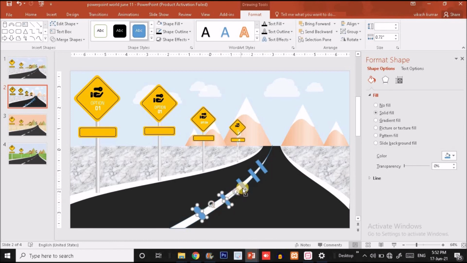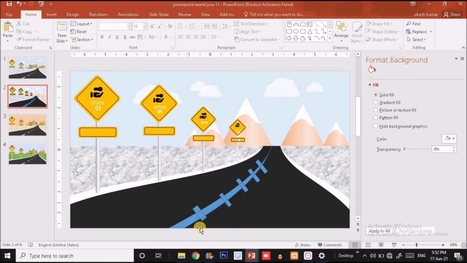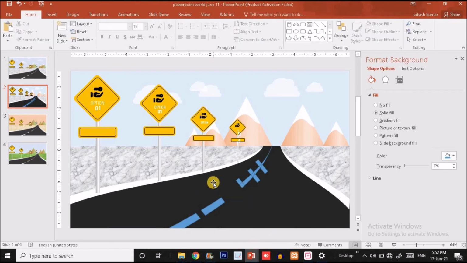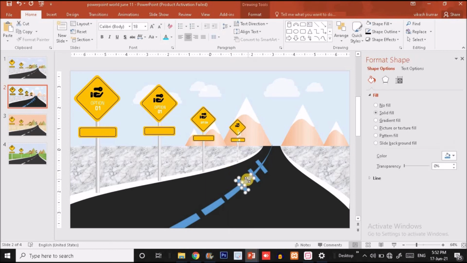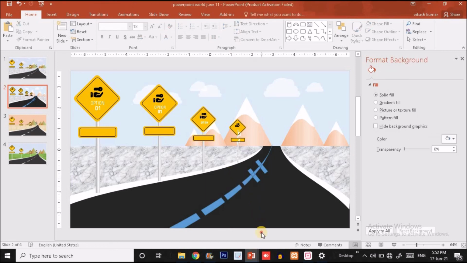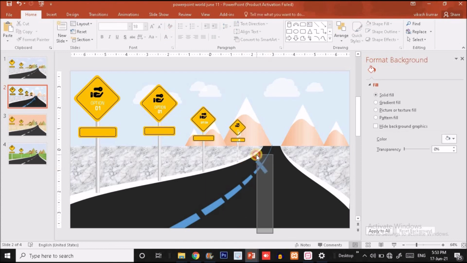And now select all these rectangles as well as this shape and choose fragment under the merge option. So I'm going to choose fragment. Okay, and remove the parts which you don't want. Like I don't want this part, so I'm going to remove it. I don't want this part, so I'm going to remove it. Sorry, I don't want this part, so I'm going to remove it. Delete it. And again, finally, I don't want this part, so I'm going to delete it.